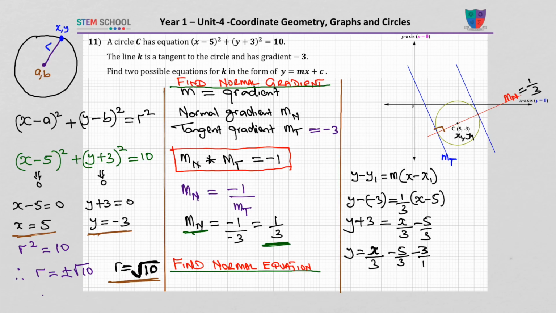I need to make this 3, therefore I have to make that 9, multiplying top and bottom, denominator and numerator, by 3, so that I get x/3 minus 5/3 minus 9/3. So let's call the given equation of the circle equation 1 and the equation of the normal equation 2. Now I need to solve these equations simultaneously to find the point of intersection on the